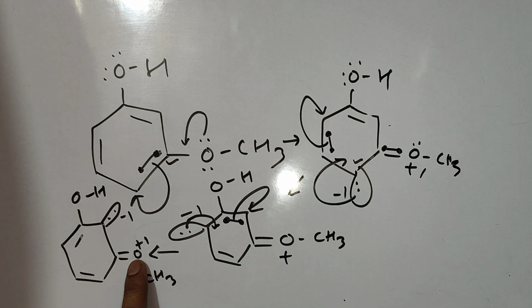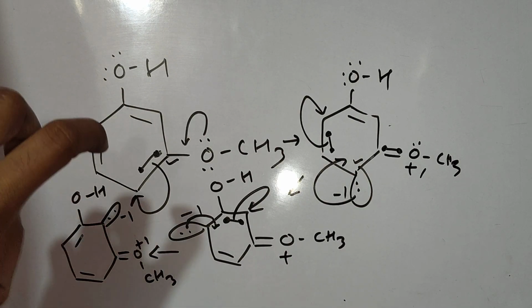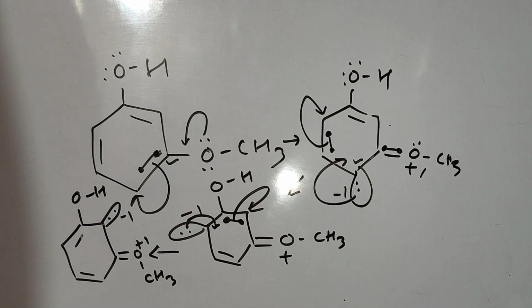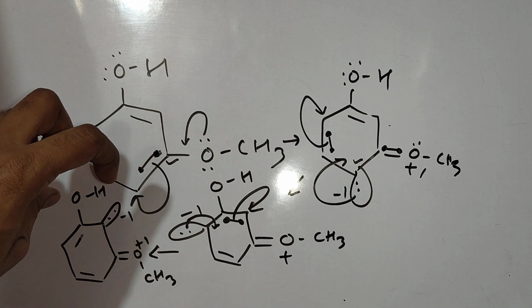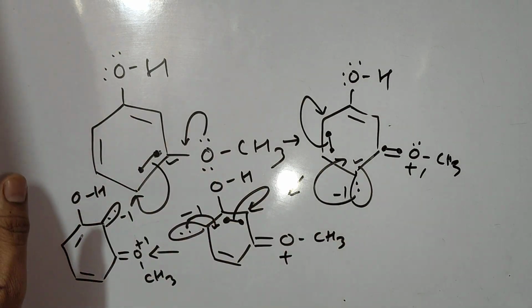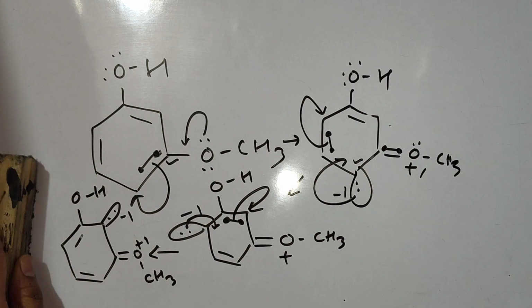Why? Because our OCH3 was present on a meta position. It means the plus R effect of OCH3 from the meta position is not going to affect the OH group. If it is present on the ortho position and para position, it is going to affect our OH group, but not from the meta position. So the conclusion is,